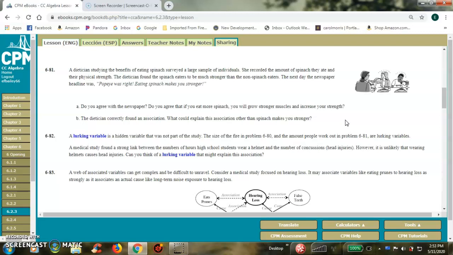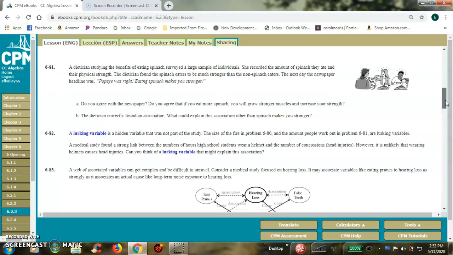Right? So again, jot your own ideas down, but my ideas include something about health conscious people tending to eat more vegetables, and that would include spinach. In fact, I have some friends who are very health conscious. They drink green smoothies. Those things have a lot of spinach in them and kale and that type of thing. And guess what? They also work out. So a lot of people who are really health conscious, not only do they eat better, but they also exercise more, lift weights, and that type of thing. So those might be some other factors there.